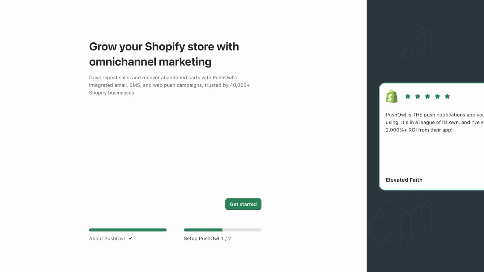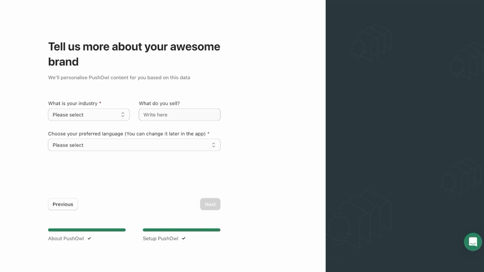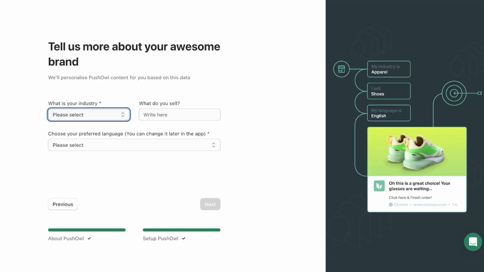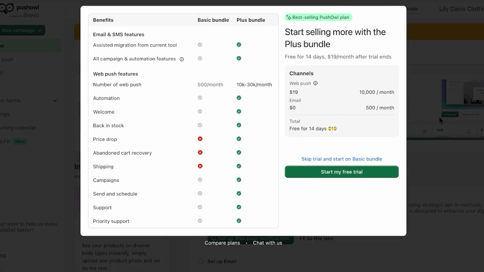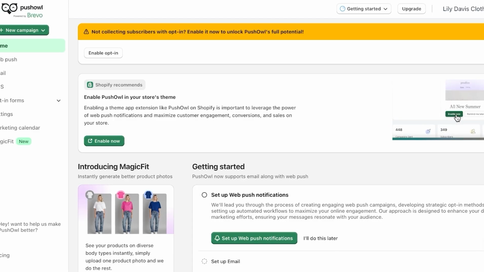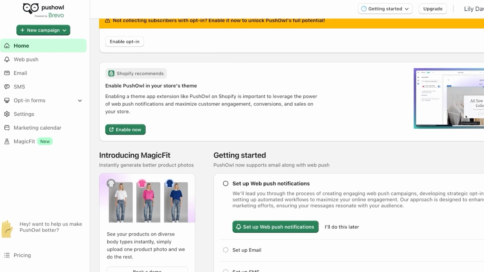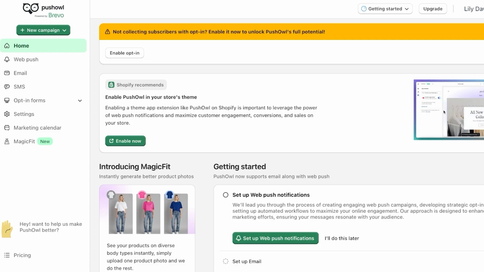Click on get started, and then you're going to add information about your industry. So we're selling clothing and our preferred language is English. Then we're going to click on next, and then we're just going to skip our trial. And just like that, you guys can see we have Push Owl powered by Brevo over here, where we have